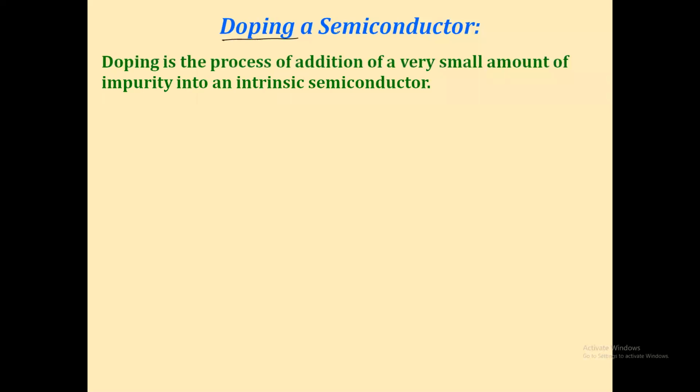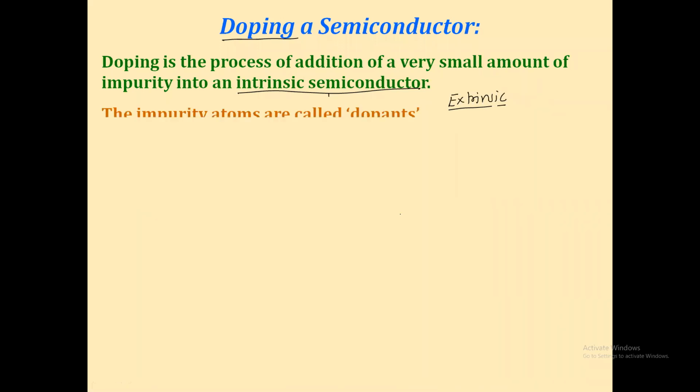Now you can read it. Doping is the process of addition of a very small amount of impurity in an intrinsic semiconductor. That's why I say that doping is a process of adding impurity. And when we add the impurity, where do we add it? In a pure semiconductor, in an intrinsic semiconductor. When we add that impurity in a semiconductor, then this semiconductor is known as an extrinsic semiconductor. What did we say we would call an extrinsic semiconductor? By adding that impurity, in the presence of an impurity, we call it an extrinsic semiconductor. And in pure form, we call it an intrinsic semiconductor.